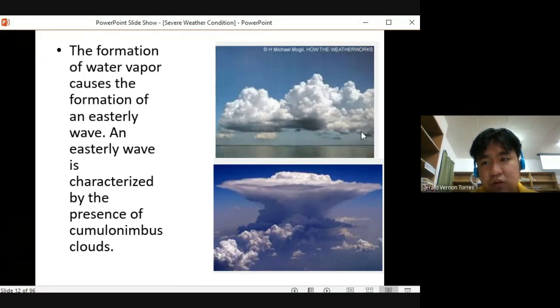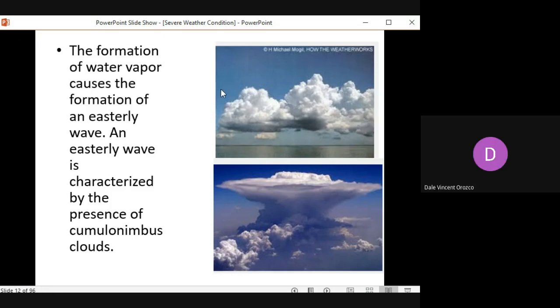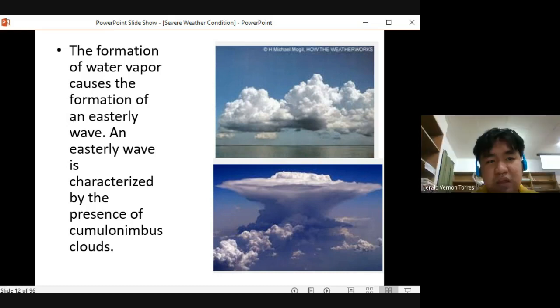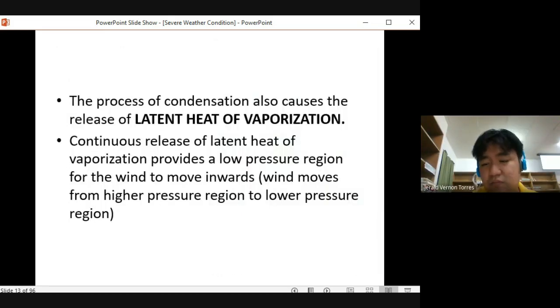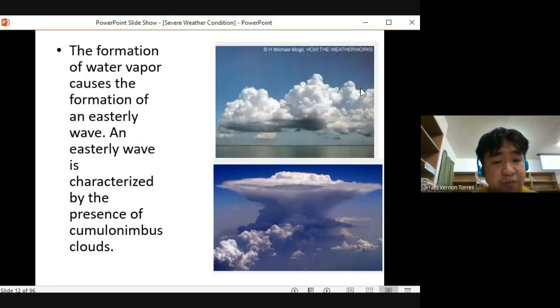Paano mo nabuo tong clouds na to? Anong nangyari? Condensation po? Nagkaroon ng condensation, di ba? Nagkaroon ng condensation in order to form these clouds. So meaning, from gas, ano nangyari sa water? From water vapor or gaseous water, what happened? Ano nangyari kay water vapor? Naging ano siya? It became